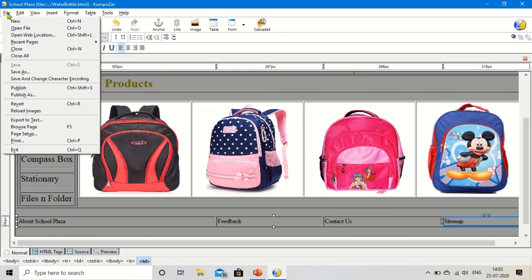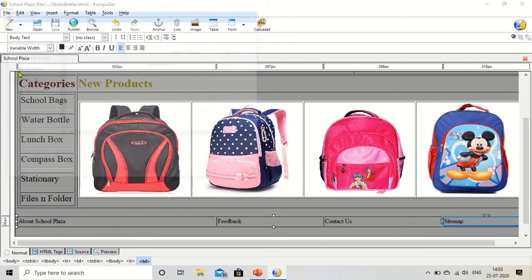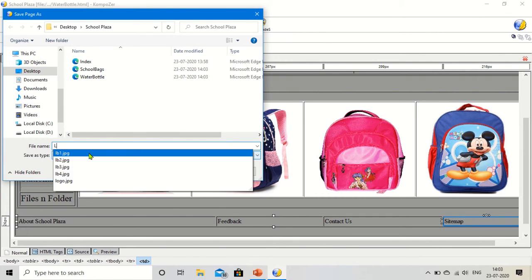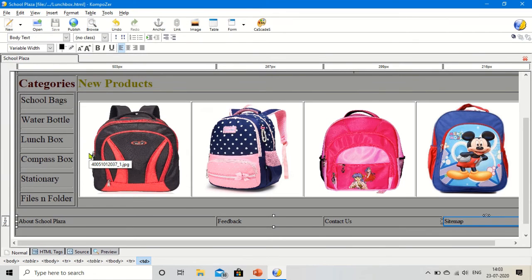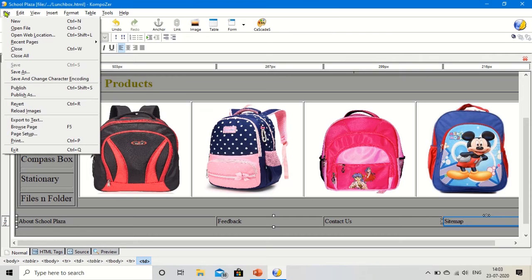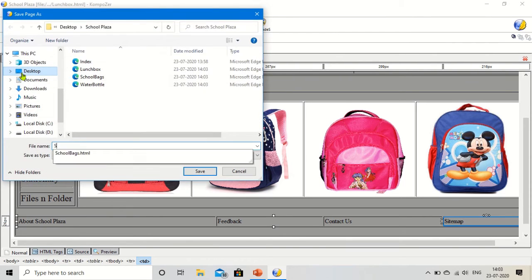So go to the file, save as, then give here lunchbox. After lunchbox, we need to create for stationery. So go to the file and click on the save as and give here stationery.